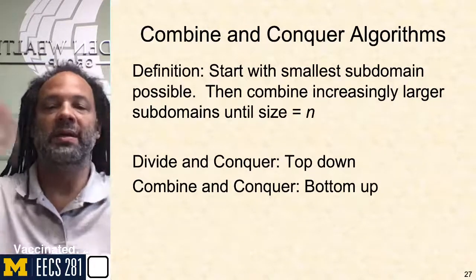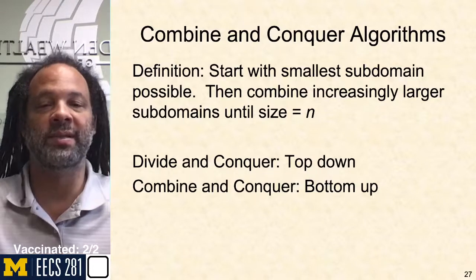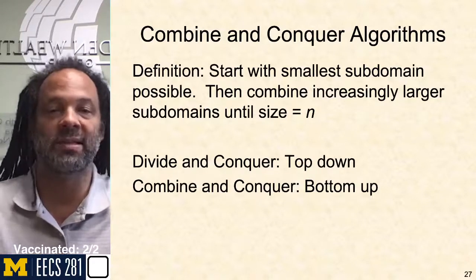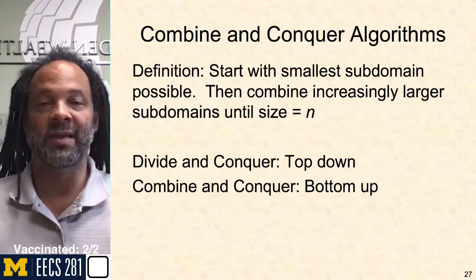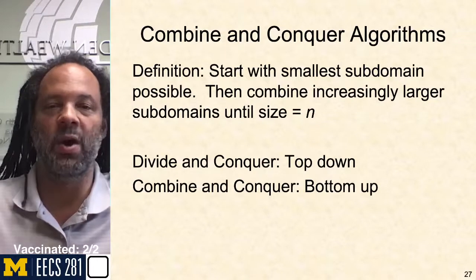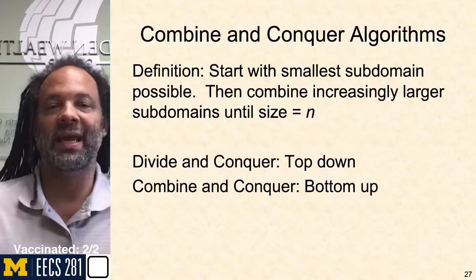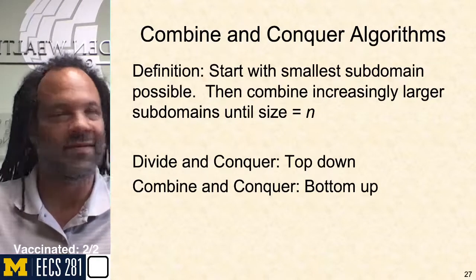So we go from big to small. In combine and conquer, we do the opposite thing. We say, well, let's start with the smallest subdomain possible. Let's say I've got n items. I look at this as n sets of size 1, and I can keep combining them until I get one set of size n. If that sounds familiar,